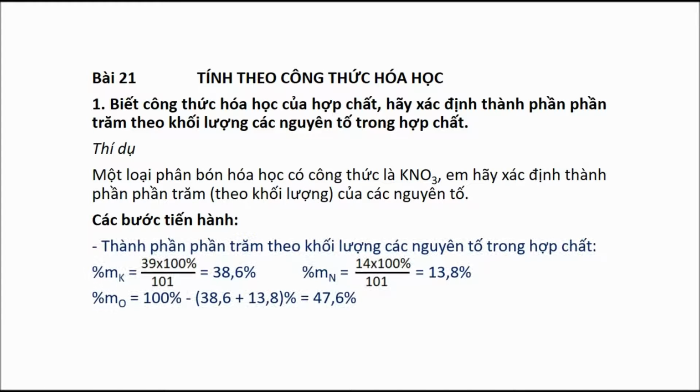The percent by mass of elements in the compound: percent K equals 39 multiplied by 100% over 101 equals 38.6%. Percent N equals 14 multiplied by 100% over 101 equals 13.8%. Percent O equals 100% minus 38.6% and 13.8% equals